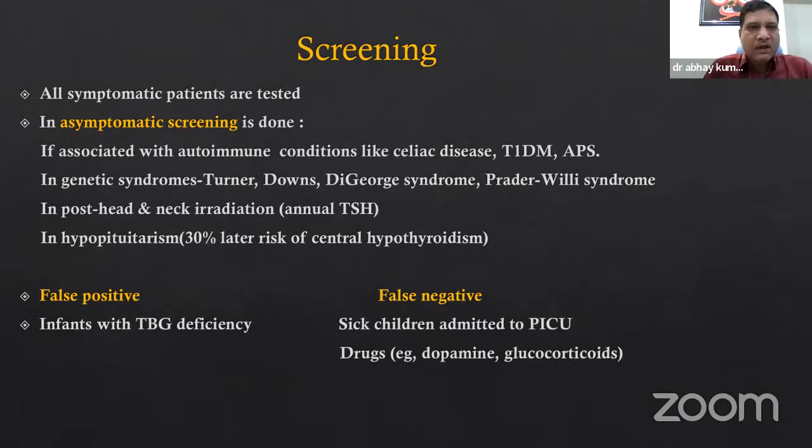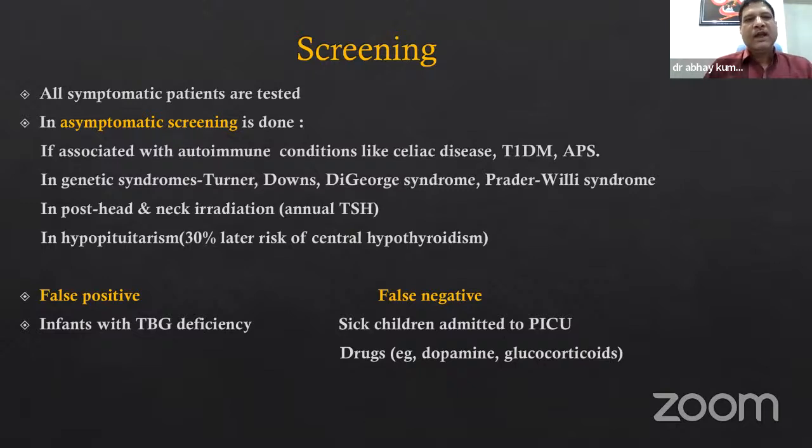Again, regarding the screening, all symptomatic patients should be screened, whereas in asymptomatic patients, where one should go for screening is most important, because a lot of the time asymptomatic people come to us in our clinical practice. There are certain associations or conditions where we should advise the patient to go for a thyroid function test. This is like if someone has other autoimmune conditions like celiac disease, type 1 diabetes, or autoimmune polyendocrine syndromes. If there are certain genetic syndromes, as I have discussed, Turner's, Down, DiGeorge, or Prader-Willi, post head and neck irradiation cases, or the patient is a known case of hypopituitarism, then in that case also one should go for